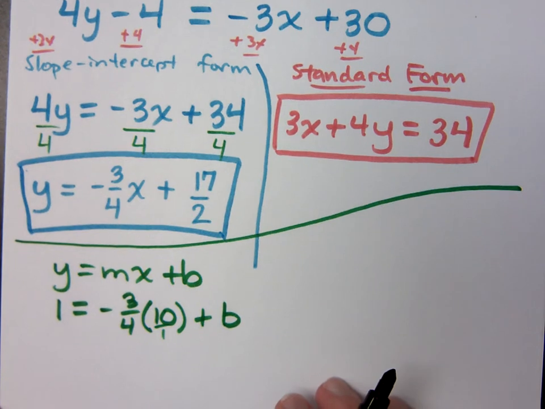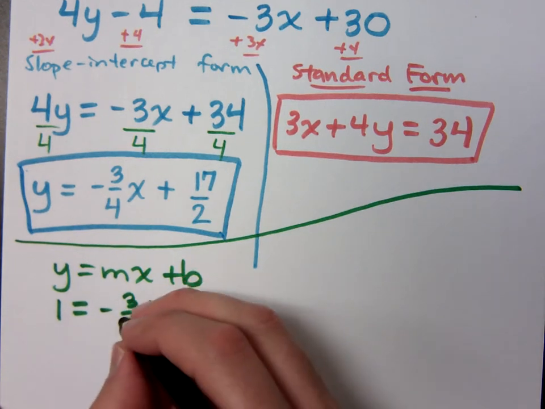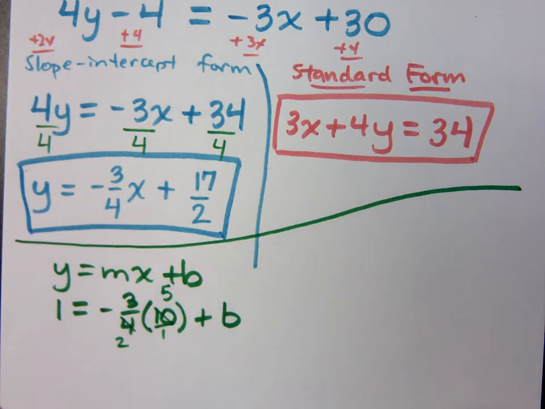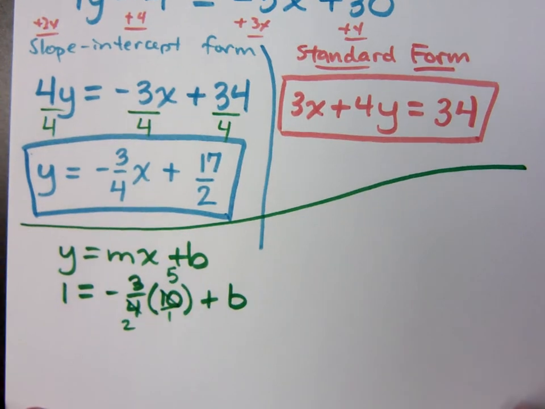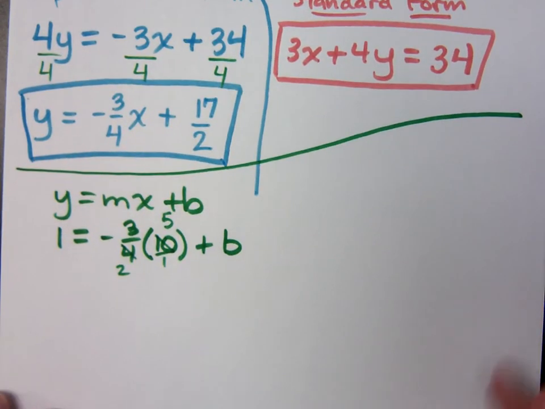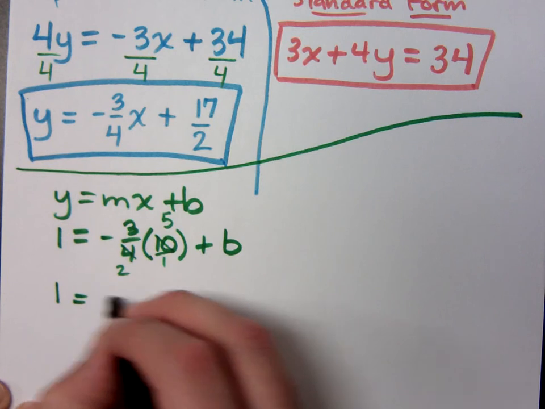Reduce that. How do you reduce this? 4 and 10 reduce with a common factor of 2. You get 5 and 2. Do you all agree? So now you have to deal with fractions. Let the crying begin. So 1 is equal to